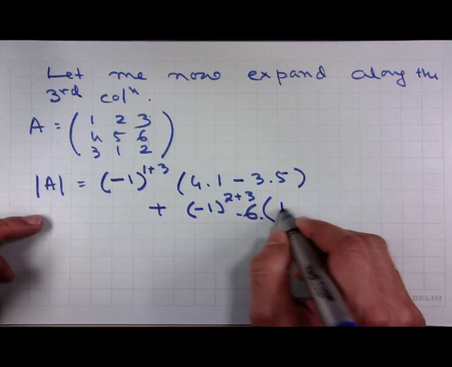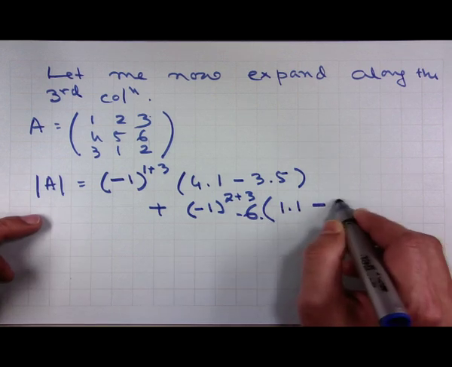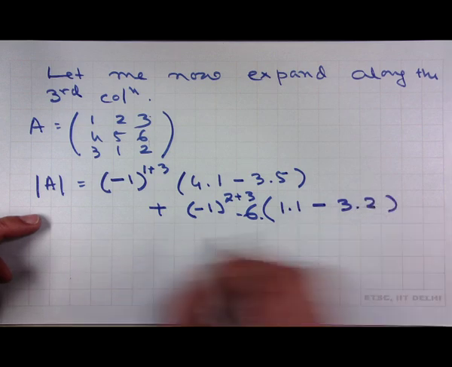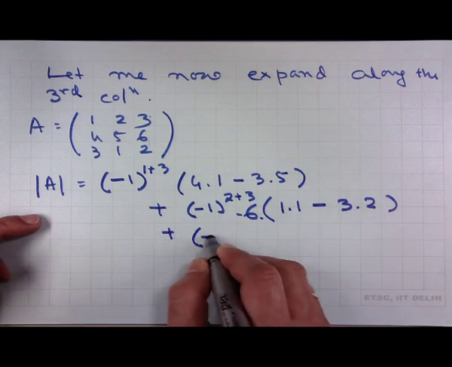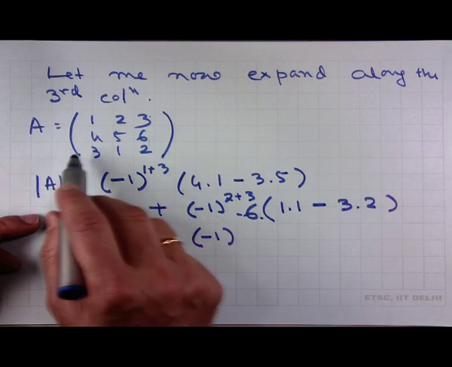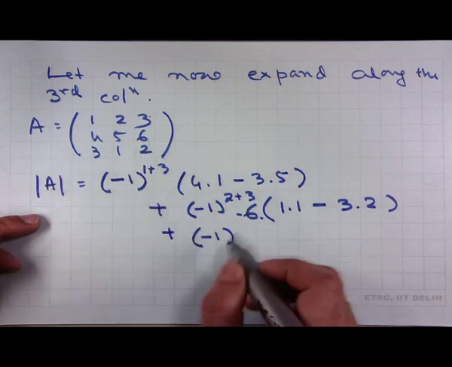Therefore, it is going to be 1 dot 1 minus 3 dot 2 plus minus 1 to the power third row third column,